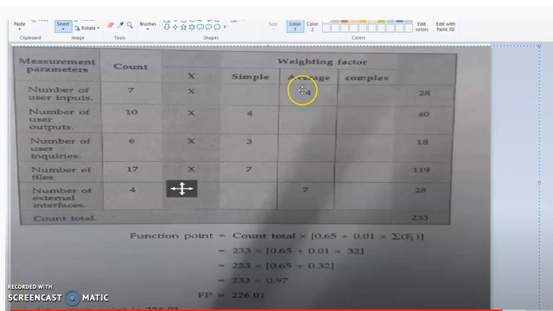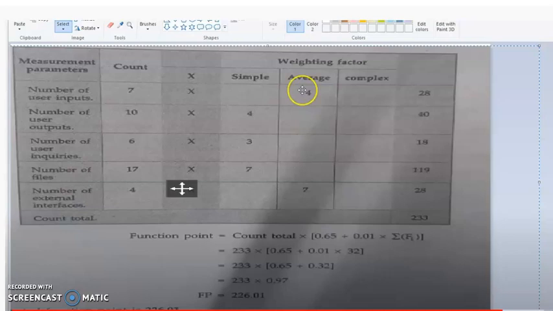So you have to take the value for the number of user inputs and external interfaces for average value from the table which we have seen previously. Then the rest are given as simple. So take the value of simple from the simple column from the above table which we have studied. Then you have to calculate the particular value.